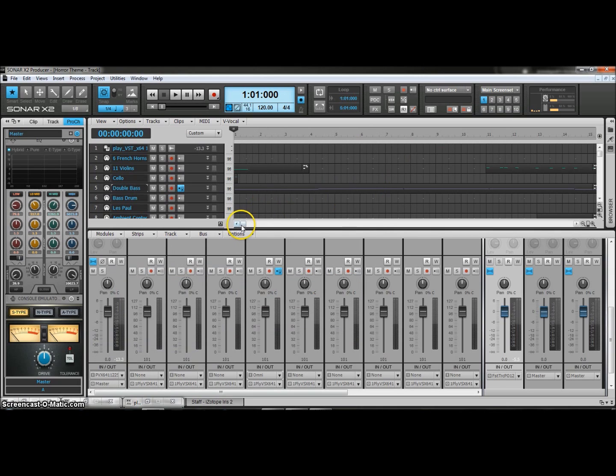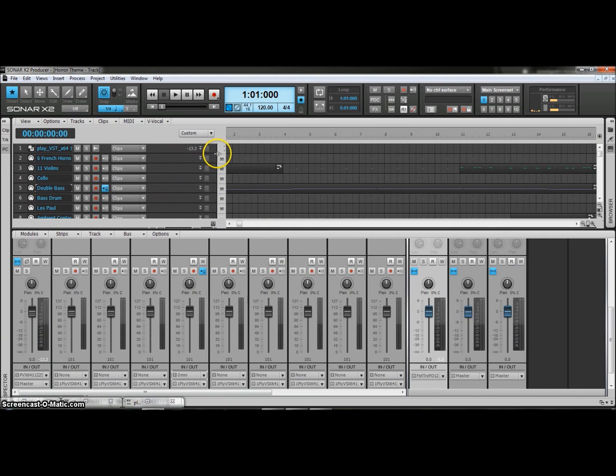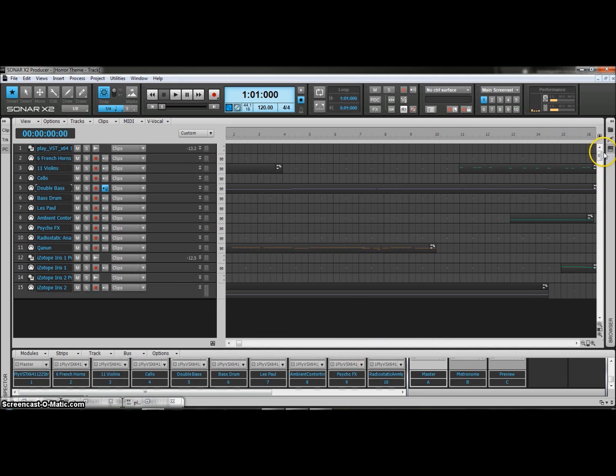So, what I did was exactly what I did when I was showing you guys how to set up a trailer. And that was I made a template of all the instruments that I thought I was going to use. My list was actually a lot longer earlier. And then once I started getting my theme going, I decided that there were a number of things I didn't need. So, what I have are French horns,